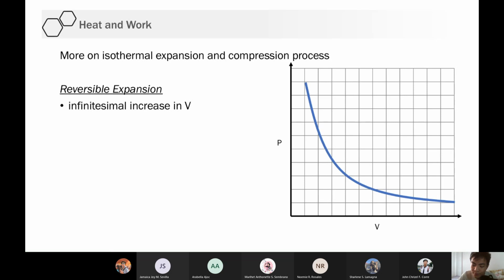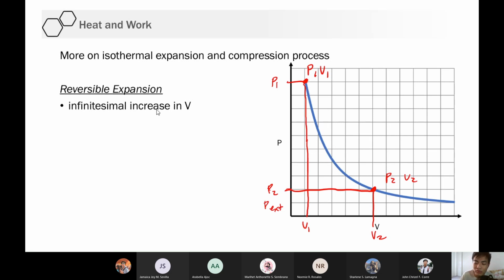But, let's talk about this one. Reversible. So, again, we still have P1, V1 here. This is P1. This is V1. And this is P2, V2. Again, yung P2, that's external pressure. P2 is P external. Okay, so ayan. So, pag sinabing reversible, di ba sabi ko kanina, dahan-dahan yan.